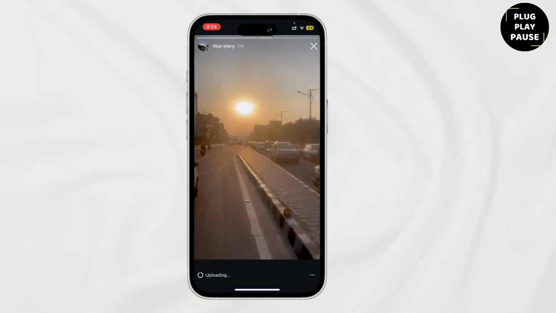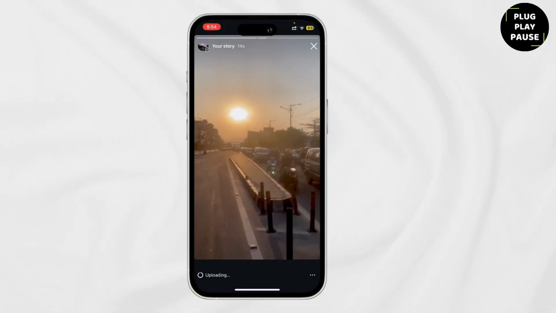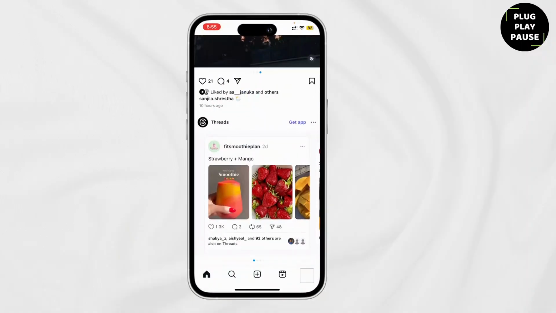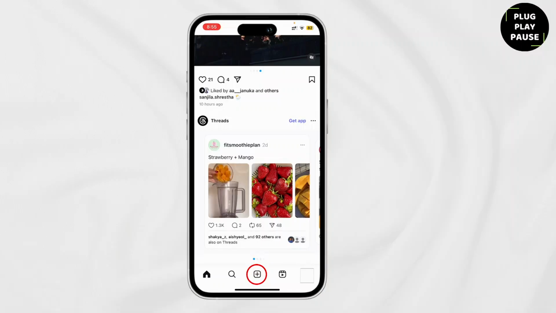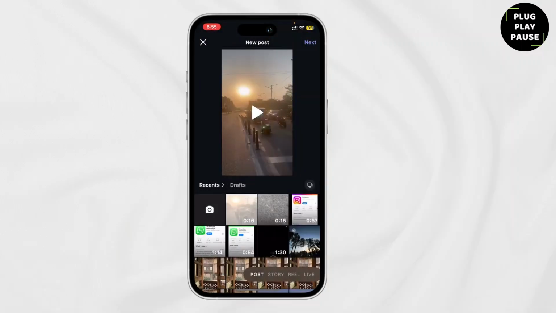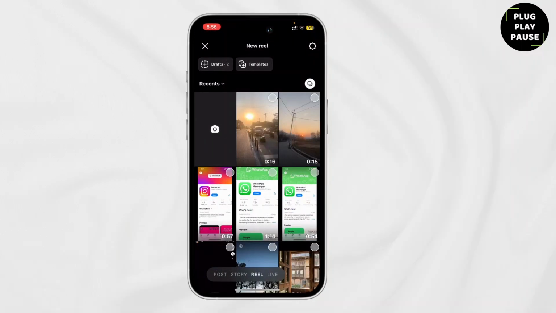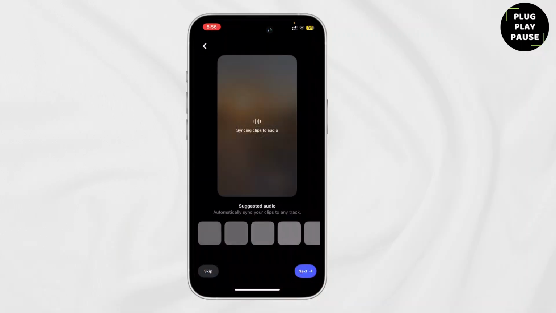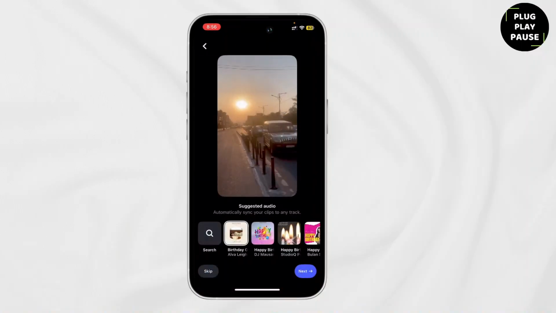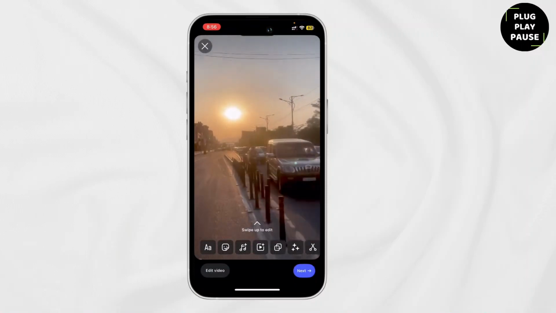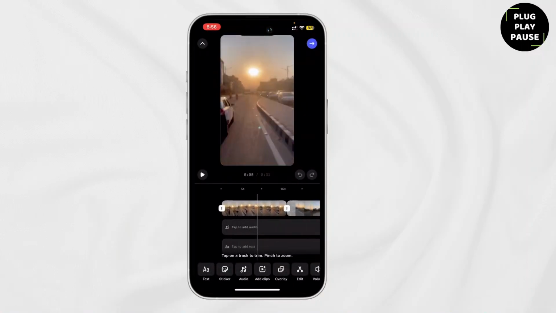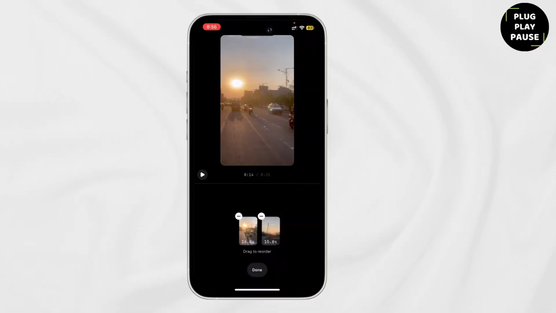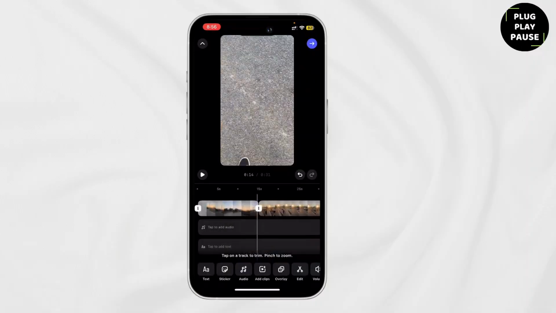However, if you want both of these stories on the same video, then what you can do is go to the plus icon and then choose reel and then choose the videos, tap on next. And then just tap on next